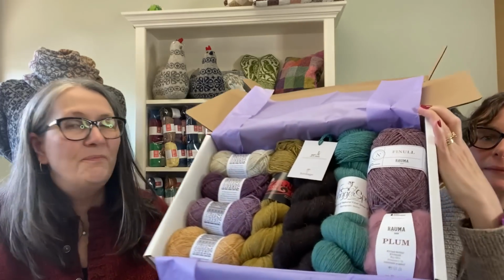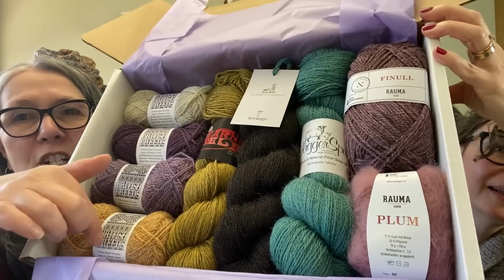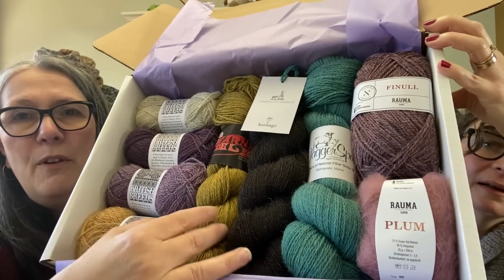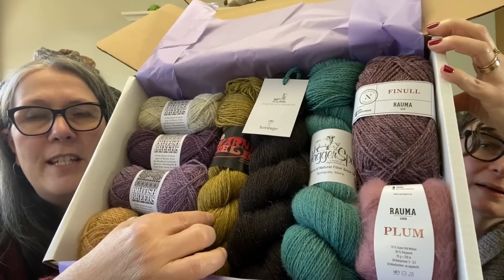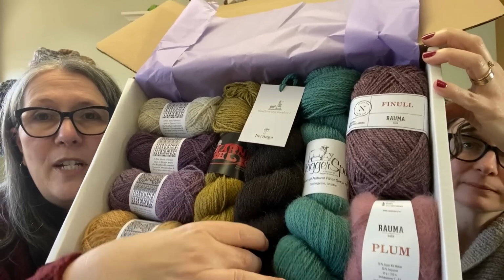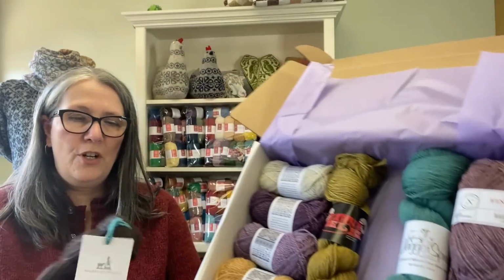They are so pretty. I know we already showed it, but I want to show you. Oh, keep showing it. It's lovely. So, oh my gosh, we've got 4 skeins of Marie Wallen's beautiful yarn. We've got a 100-gram skein of John Arbon's Yarnadelic, which just flew off the shelves when we had that. Of course, we have this beautiful Hebridean skein from Daughter of a Shepherd,